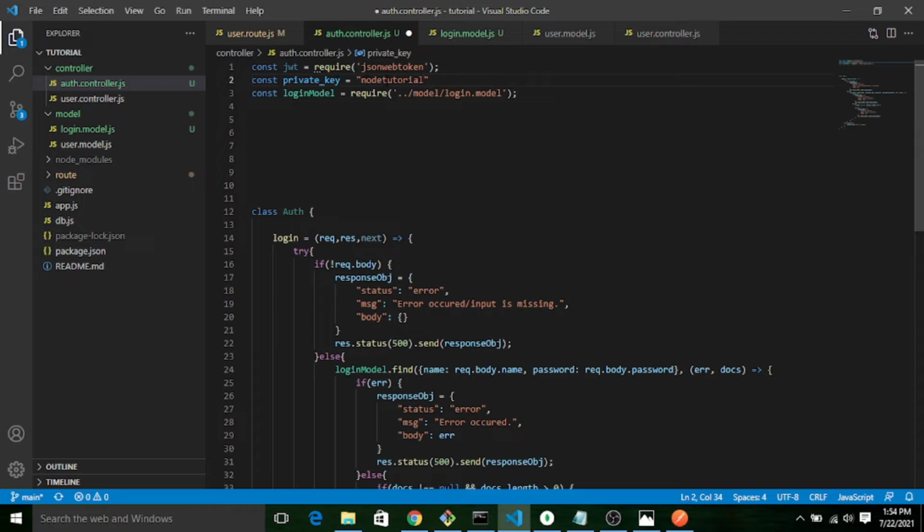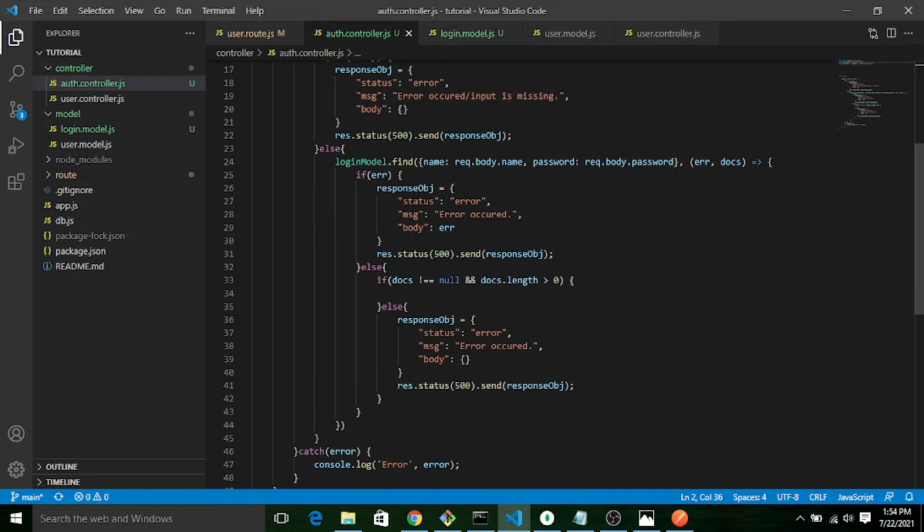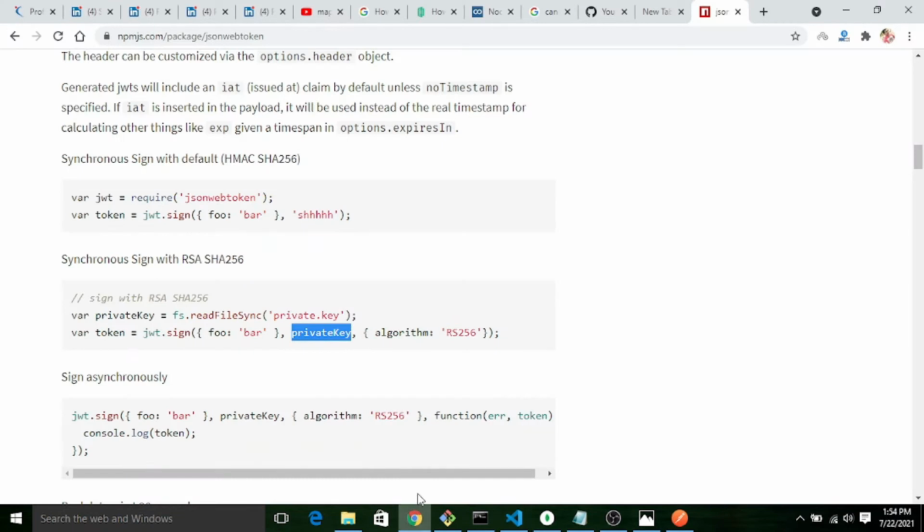We have to generate one private key. There are many methods to generate it, and we have to give that encoded value as a parameter of the sign method. Here, for testing purposes only, I am taking a hardcoded value, but don't do this when you are developing your real-time application with Node.js and integrating this JWT token. Okay. The third one is algorithm. If you are not giving any algorithm, it will take an inbuilt algorithm. Otherwise, if you want to give one, you can.